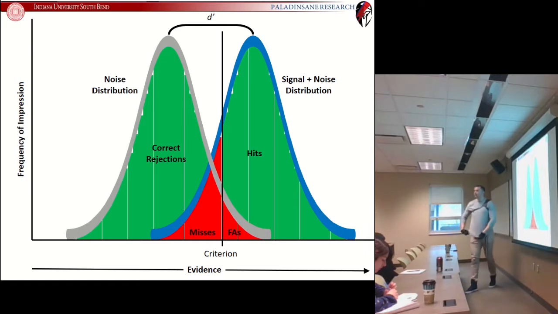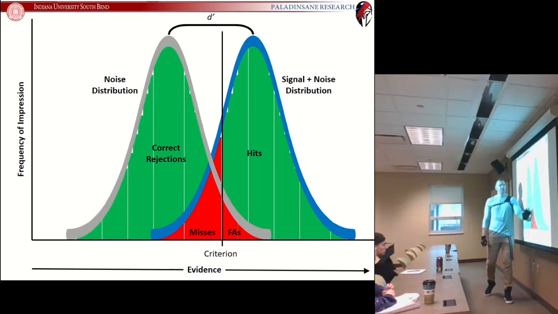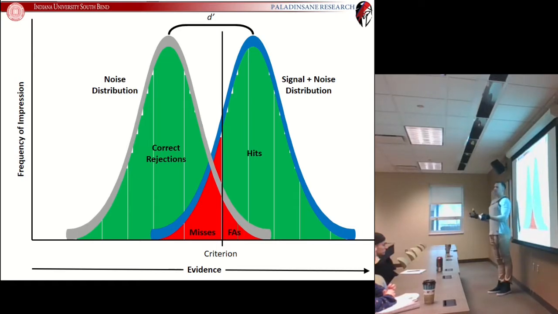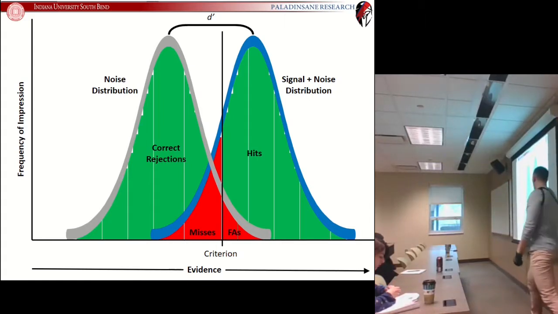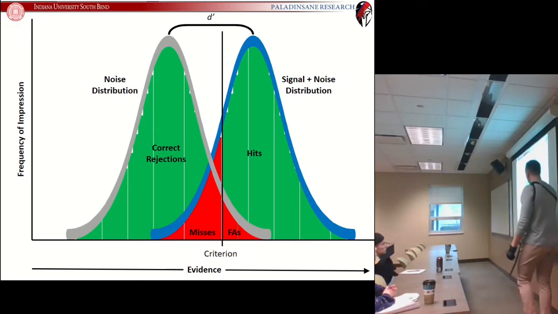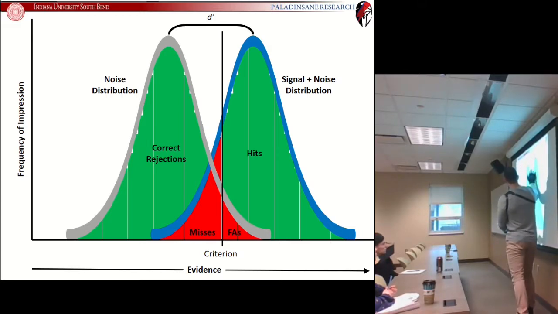So like how much your brain is... It's both. Oh, okay. It's both. So the level of the evidence is a general term, because this is applied to basically detecting any target. If it's an auditory target, it would be the level of noise, sorry, the loudness of the target, right? So a really loud target would push your evidence all the way over here, and that's why we don't miss loud targets. But a really soft target, the softer your target, the closer these two are going to be. And that's why sometimes you don't hear